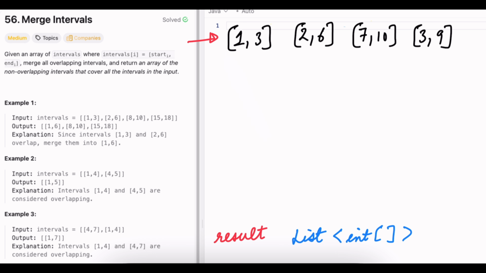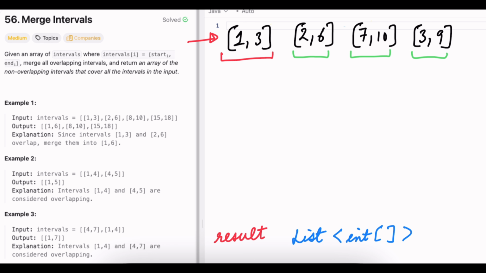Initially we only have this interval in the input, and then this input comes in and we process these two intervals, and after processing these two, our third interval comes, and when the fourth interval comes,